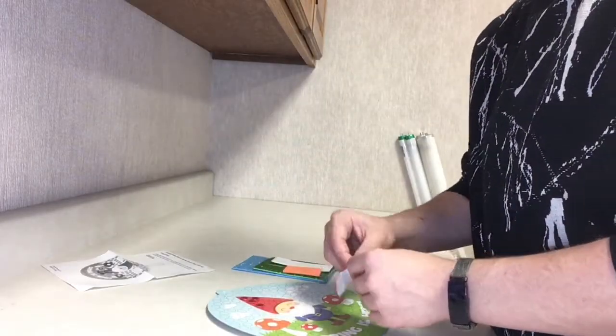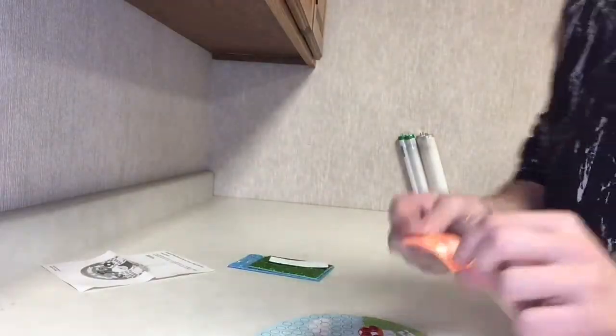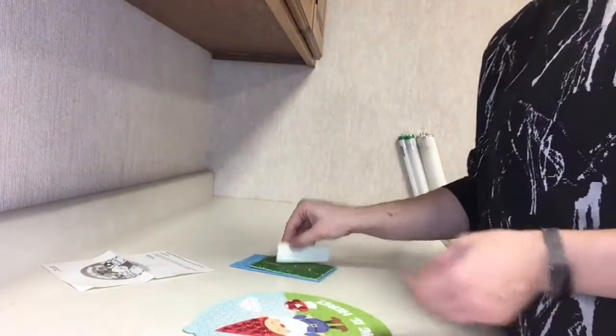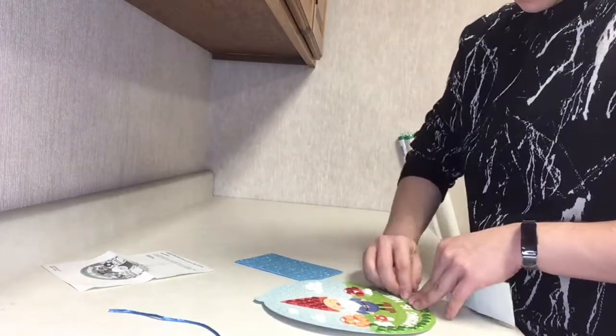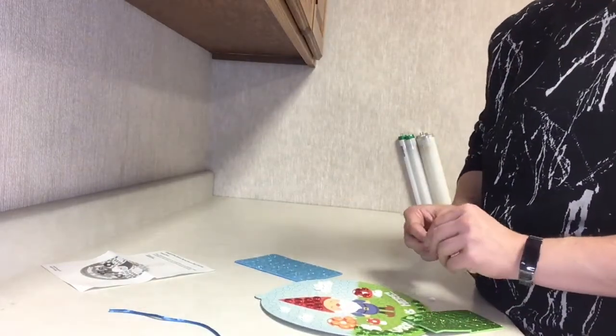So here is me just doing his hat. And here is his completed hat and a little mushroom. They don't really give you extras of a lot of the colored stickers, so just be careful and make sure that you aren't dropping any or getting them stuck somewhere they shouldn't be. If you do get them stuck somewhere they shouldn't be, it's easy enough to just glue them back in the